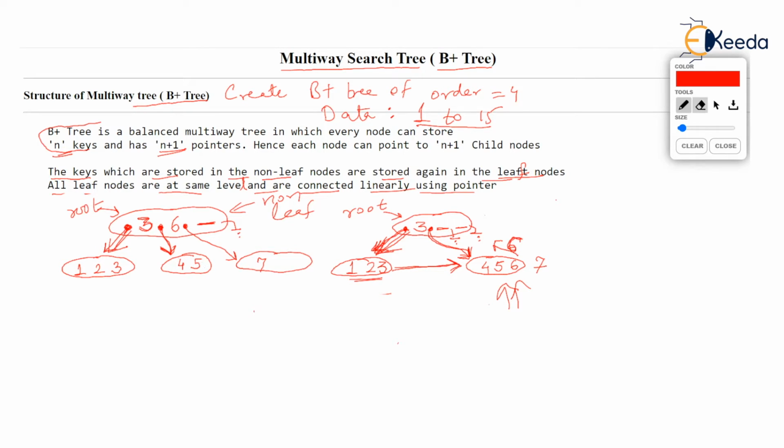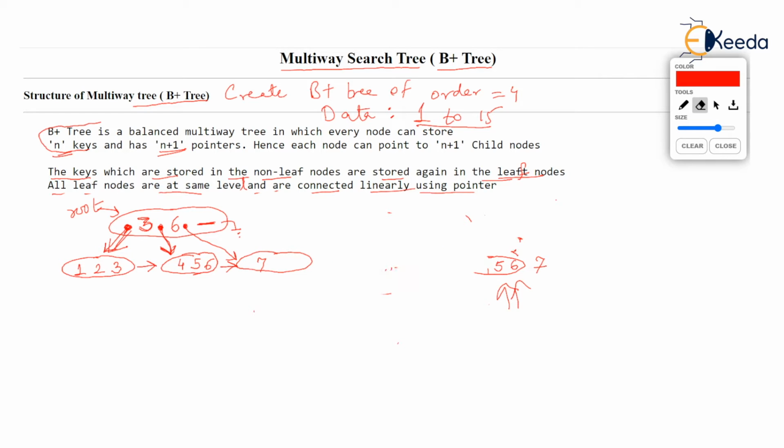Hence this node is going to store 4, 5, 6. There was enough room for one key, luckily. And now all the non-leaf keys are again stored in the leaf nodes. Anything still missing? Yes, you should connect all the leaf nodes with pointers. Now that's a B plus tree for you. No problem whatsoever, I hope. Now let's work on this latest tree. Enough is enough, isn't it?